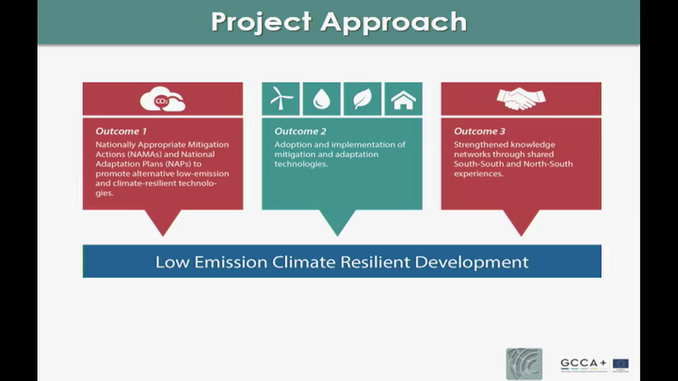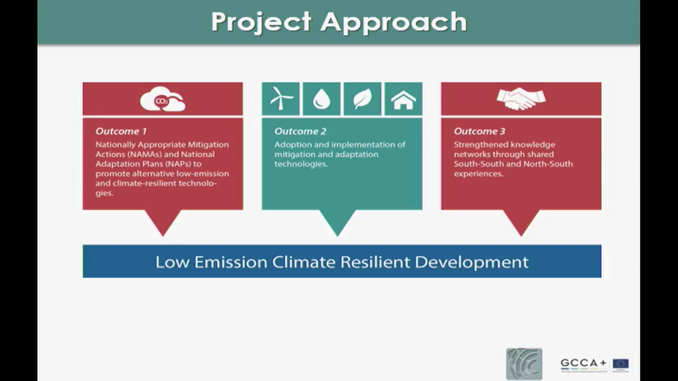So outcome 1, NAPs, National Adaptation Plans. We are utilizing these as a way to develop medium and long-term adaptation strategies to address the needs that have been brought up by each of the countries. We are undertaking work for this in 6 of the 8 countries: Belize, Guyana, Jamaica, St. Vincent and the Grenadines,